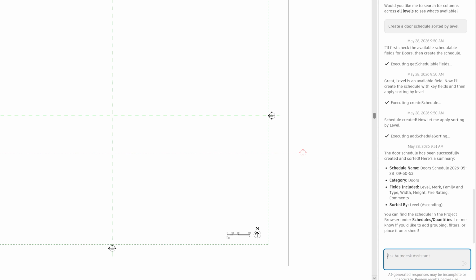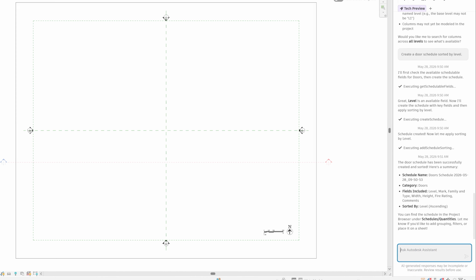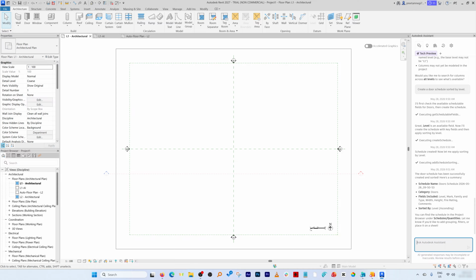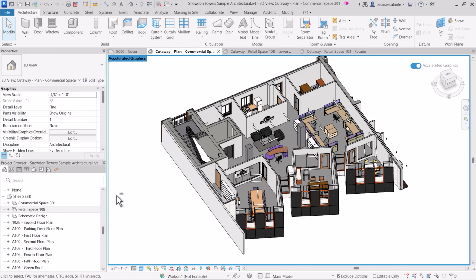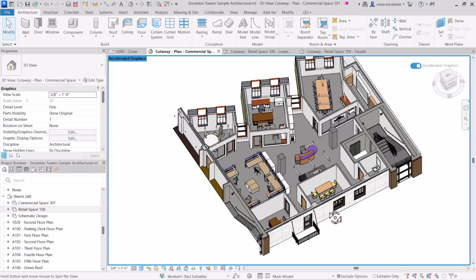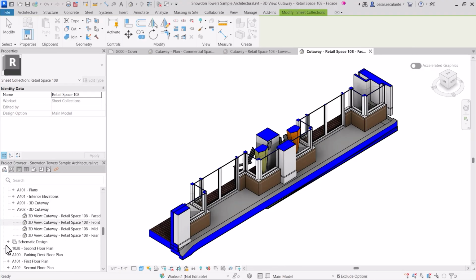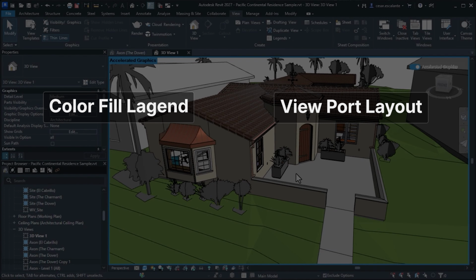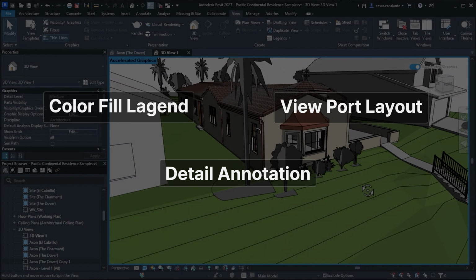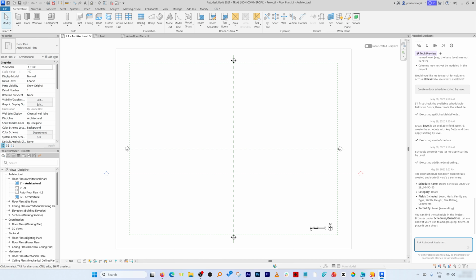But let's be honest, this is a tech preview. It is not perfect, and there are a few things I would say you should know. It can only work in one file at a time. Also, it cannot yet do creative design work. You still place your own walls, doors, columns. Things like color fill legends, viewport layout, and detail annotation still need you. And I would recommend you always verify the output, especially for bulk edits. The AI is fast, but mistakes are also fast. So that's